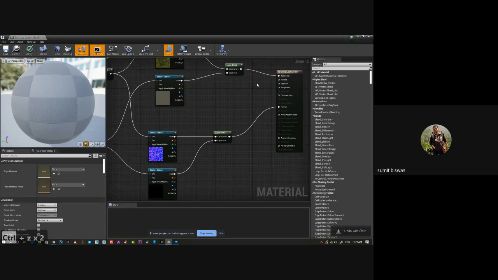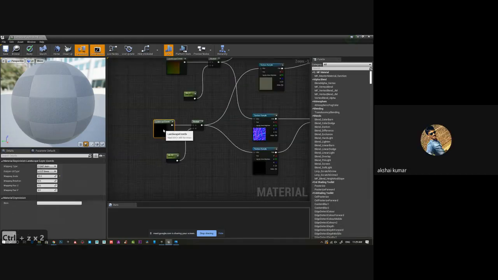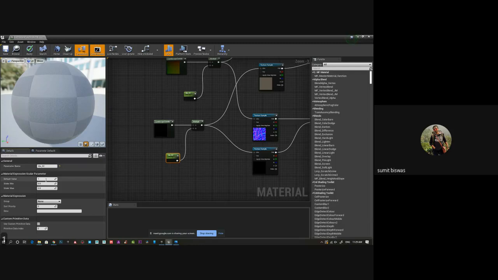So once this is done, set default tiling, make sure it's 1, 1, and save it.